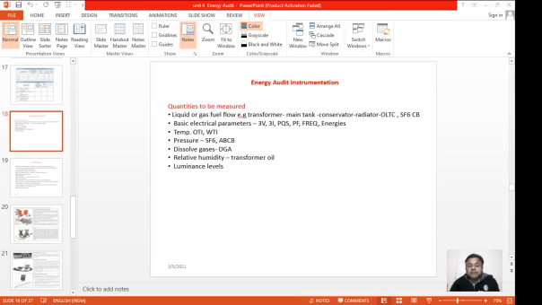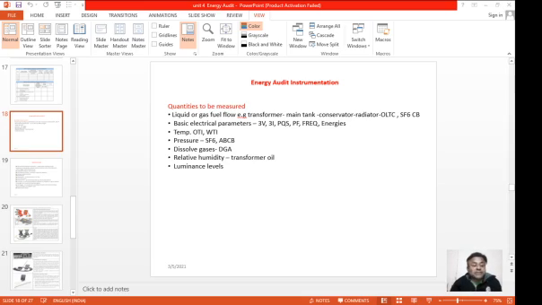Then there are the basic parameters of electricity, that is three voltages, R, Y, B voltages, then three currents, R, Y, B currents. Then there are different types of powers like P, Q, S: real power, reactive power, and apparent power. Then power factor measurement is also involved. Then measurement of frequency and various types of energies like kWh, kVAh, and kVARh. So in this way, we are required to measure various electrical parameters, for which we require different types of instruments that we are going to study today.